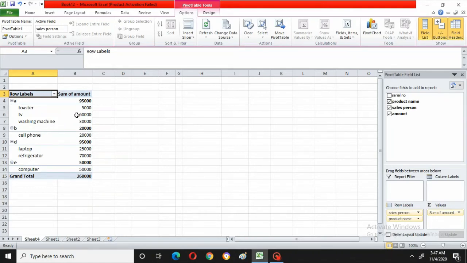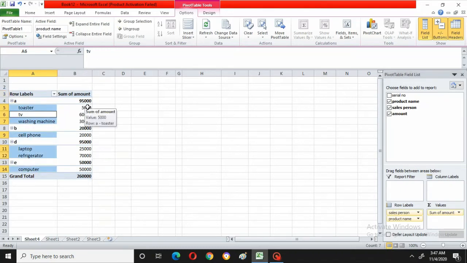It is showing sum of amount. Automatically the sum has been done also. Sum in the sense adding has been completed. Now the toaster amount is 5,000, TV is 60,000, washing machine is 30,000, altogether 95,000 it has happened. In this way it is showing clearly.